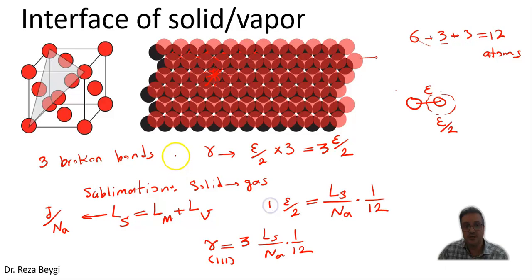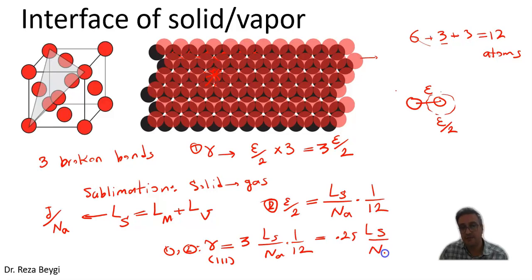It is the combination of equation 1 and equation 2, which I write once again, and we would have 0.25 Ls